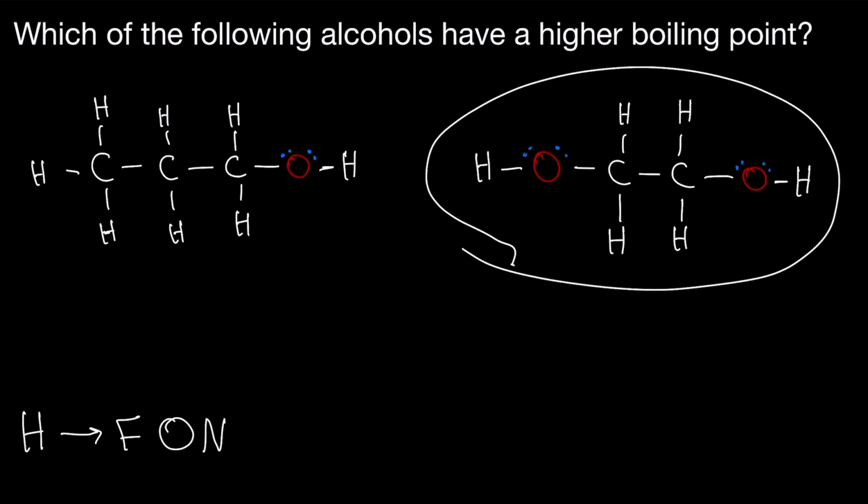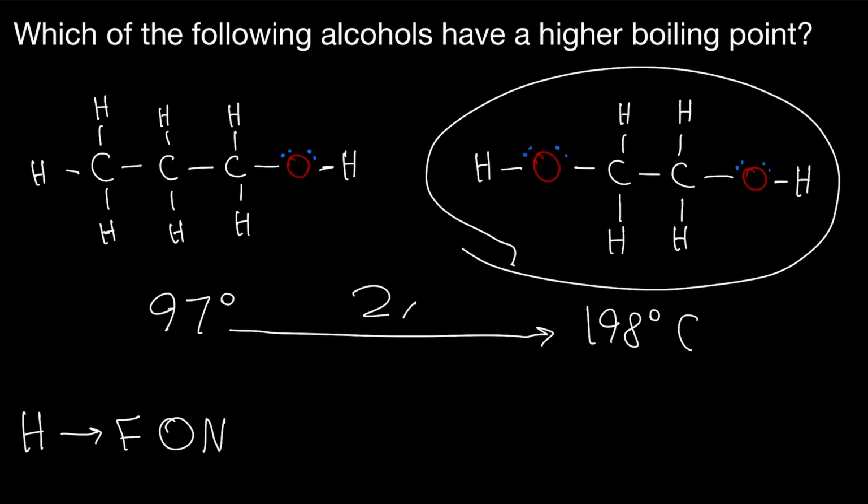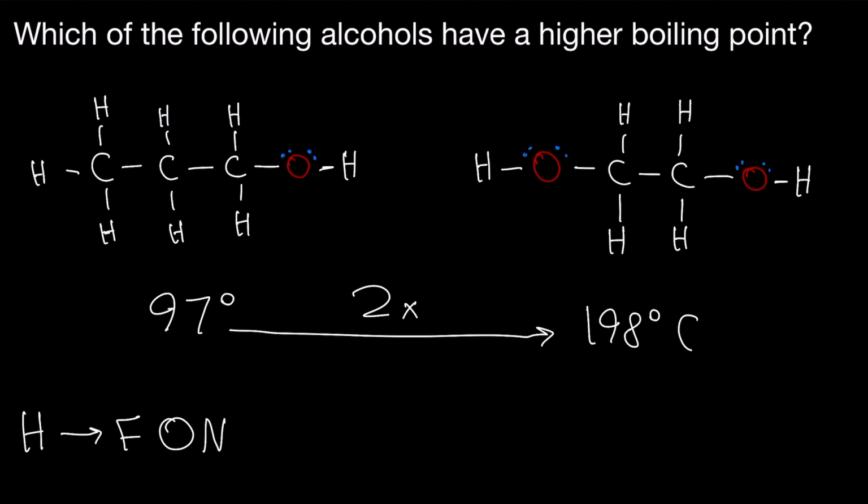And if you want exact numbers, this one, 1,2-ethane diol, has a boiling point of 198 Celsius, and then this one, 1-propanol, has a boiling point of 97. So you can see that it's almost twice as much as the propanol, and that corresponds to having twice as many